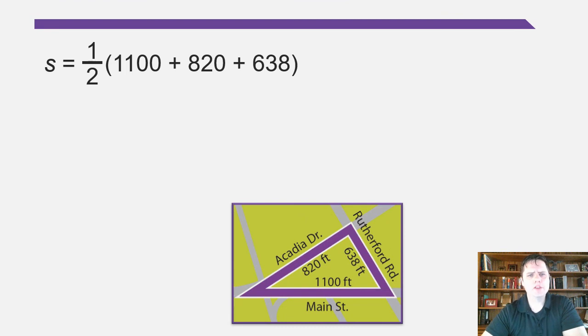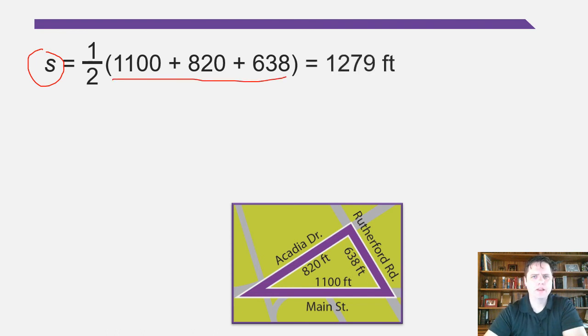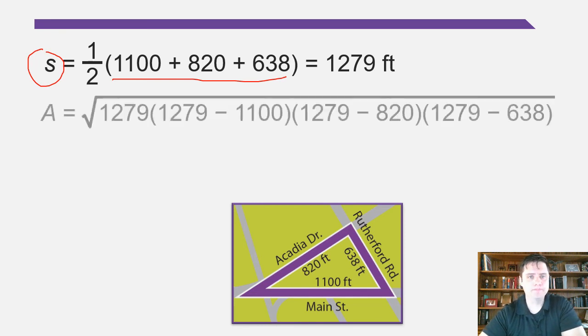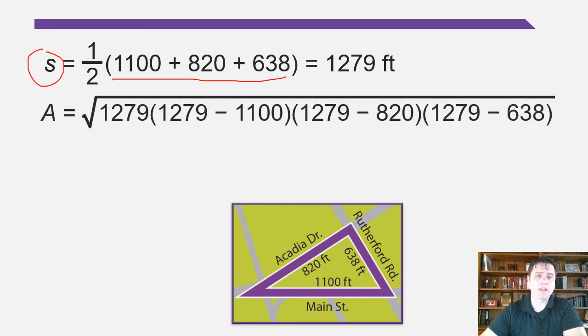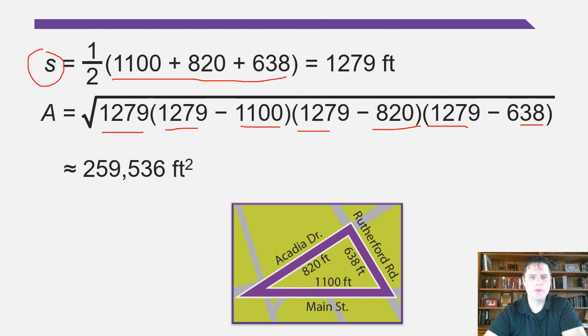So our formula is 1/2. We first need to find what the semi-perimeter is, which is just going to be 1/2 the sum of all three sides that we've been given. And so we discover that to be 1279. And then we just plug it into the formula. That 1279 goes here. It also goes here in each of these subtractions. And then notice we put each of the three sides in here. After all the subtractions are made, we then multiply all four of those numbers together and take the square root. And we get something like